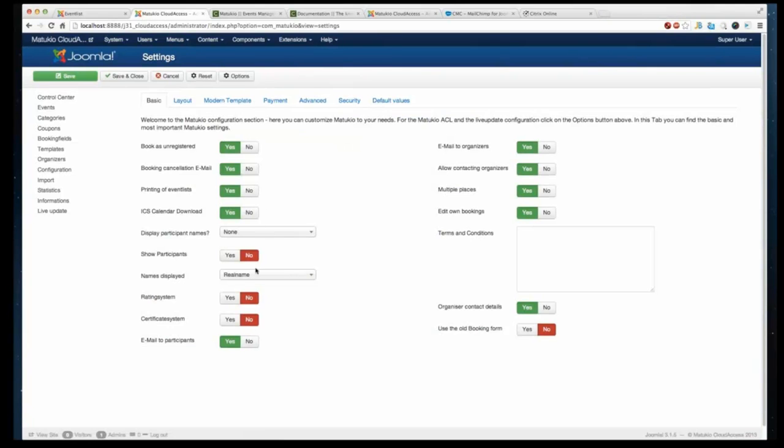Next one is print participants names for everybody. You could also set it that this list we have seen some seconds ago should be shown to everybody or only registered users. So you can say, okay, we want that list, but not for everybody, only for registered users. So you can just turn off this of yes, set this to registered, and it's only shown to your registered